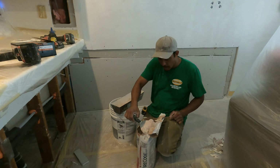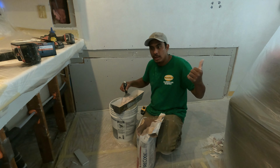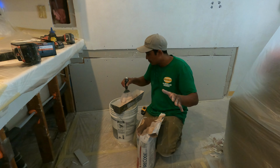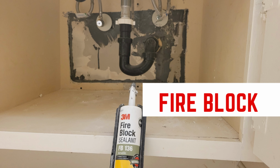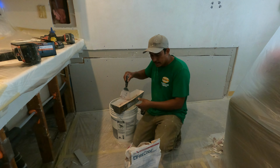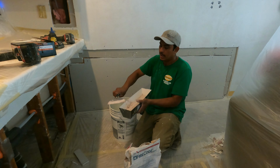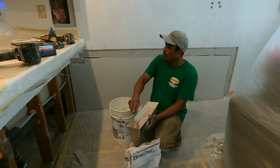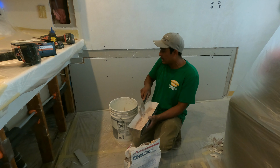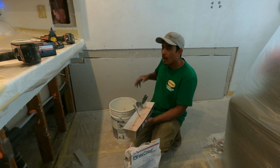I don't know if all the cities require it, but this city that I'm working in, they do. They require the inspection. This material you can use too. I used it before, but this is not USG. As you know, my people, this material is very hard to find in Lowe's or Home Depot. This material I got at the store they call L&W